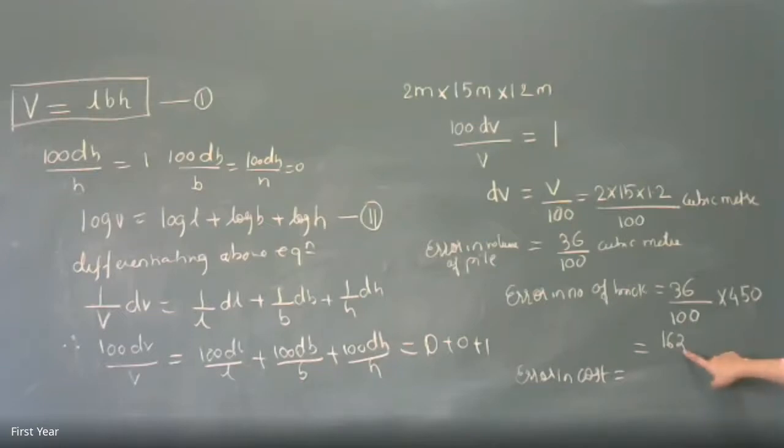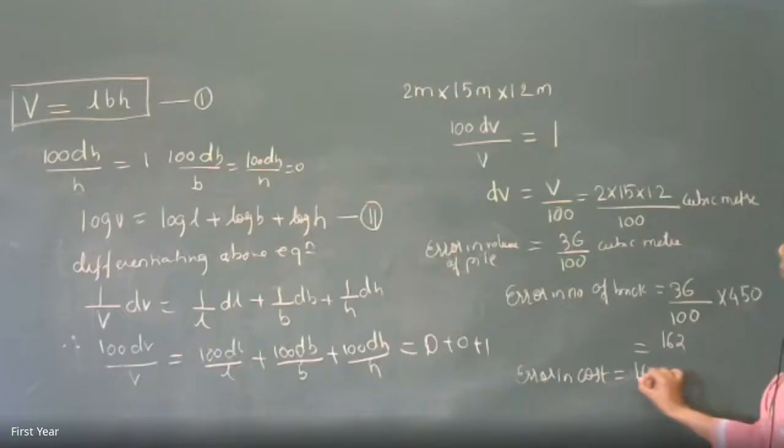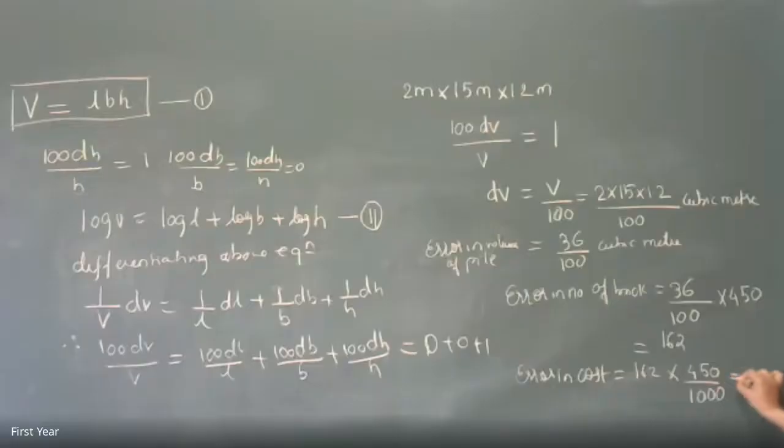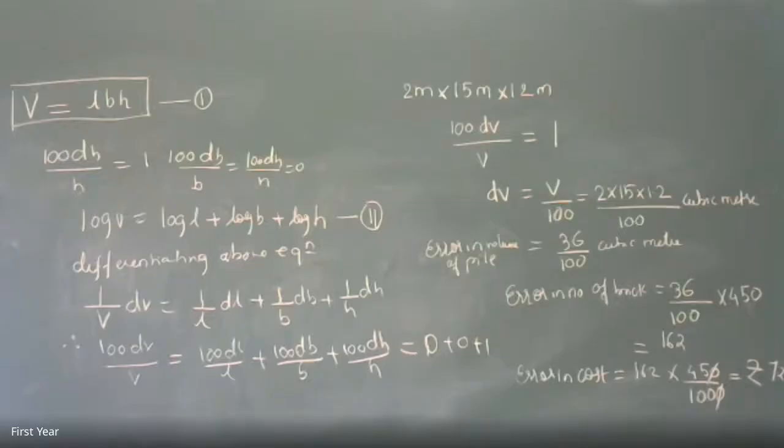So what will be the error in cost? That was the number of bricks. So for each brick, what is the cost? For the 162 error bricks. So 162 multiplied by what is the rate? It is per 1000. The rate is 450 per 1000. So 162 into 450 upon 1000, and that will give you the amount. Rupees, how much can be this value? 72.9. Correct. So the one who was selling the bricks got an extra 72.9 rupees.